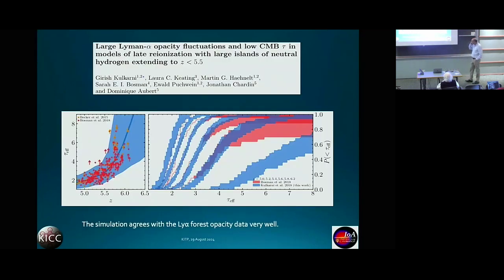I think once we had the simulations that reproduced it that well, this went into a large observing proposal about which Valentina will talk later, that was led by her and Sarah Bosman, and where we put in that we could already, with the older data, get not only the mean flux evolution right, but get the scatter right as well. So this is here a sequence of different redshifts for the effective optical depth distribution. And the level of fidelity with which you can reproduce this is actually quite amazing.